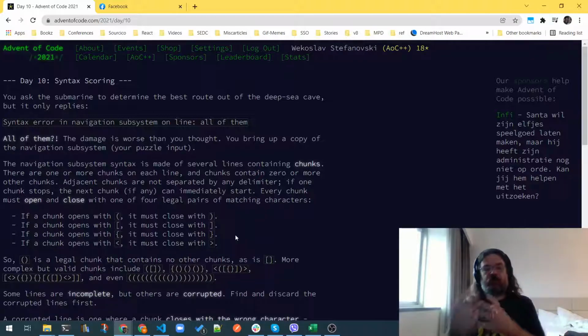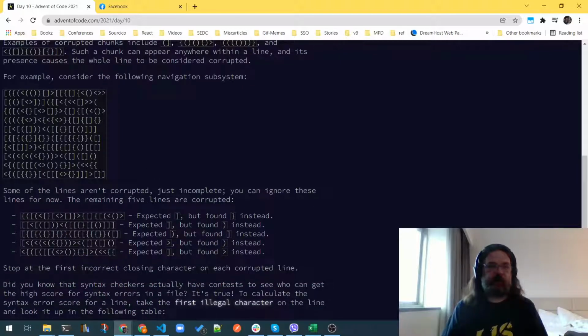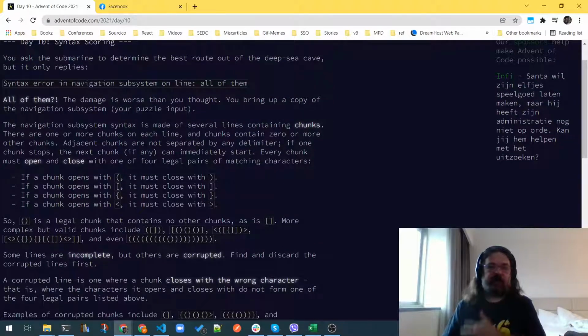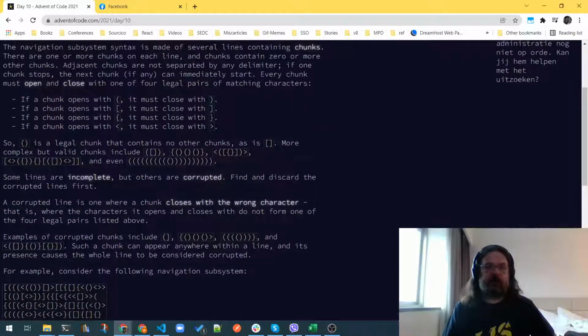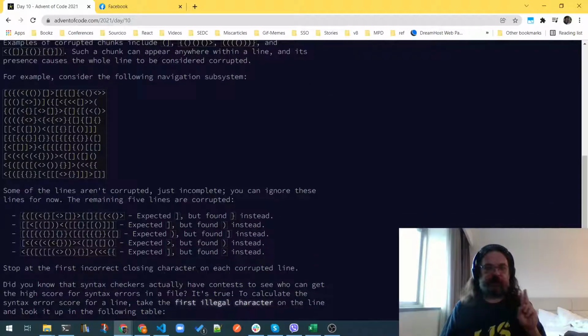So we have four different sets of matching characters, and we are given some input where some of them are missing. They are actually defining that we have two different situations here. We have some situations when we have incomplete, so to say, lines. Let's take this line for example,